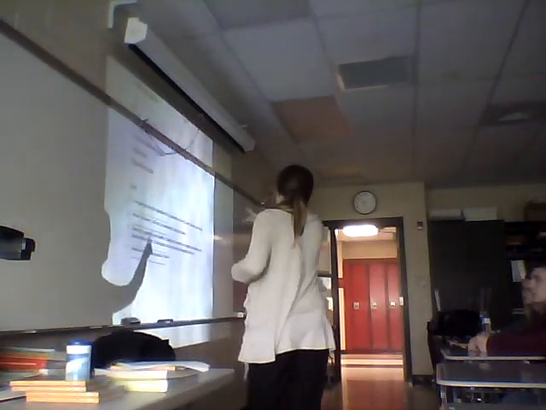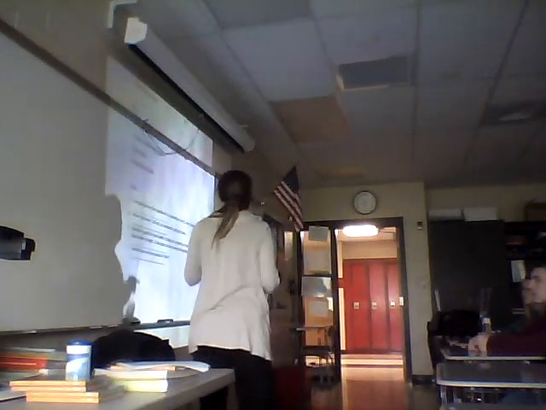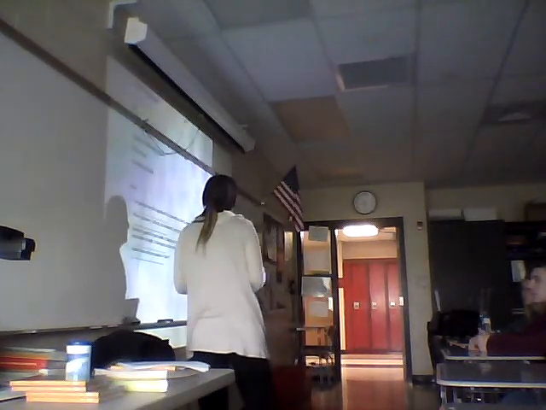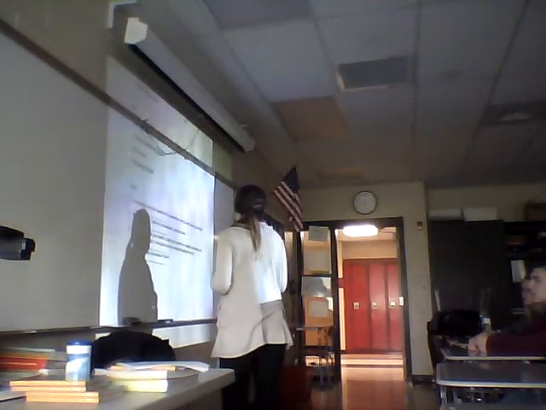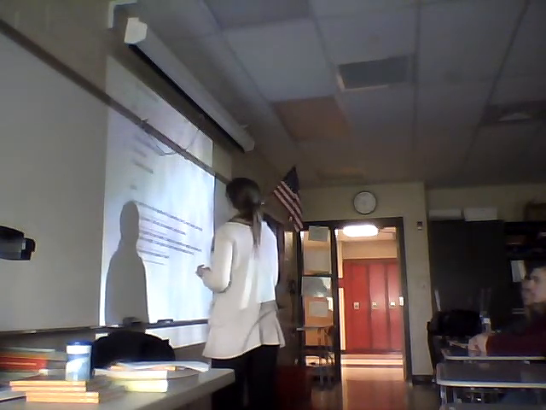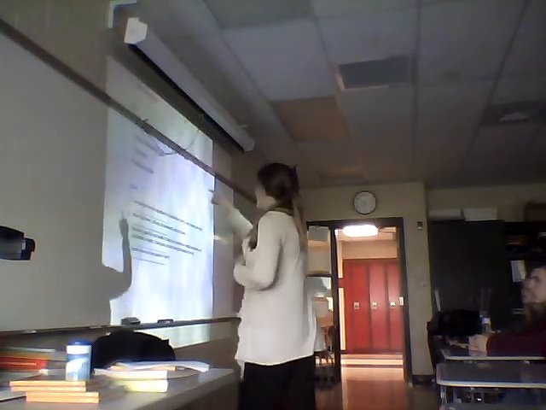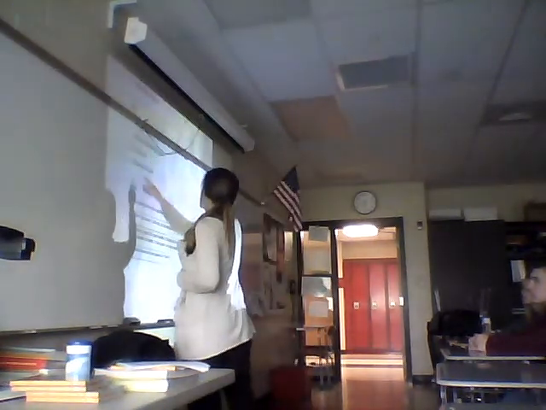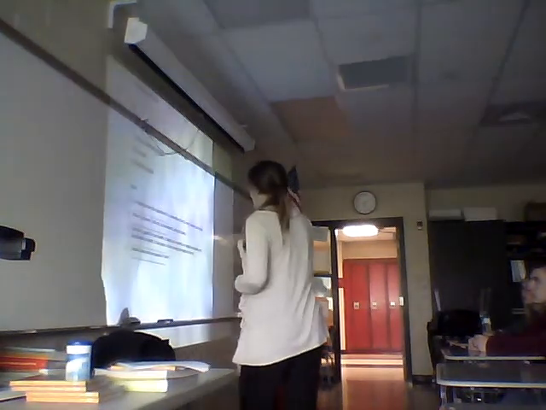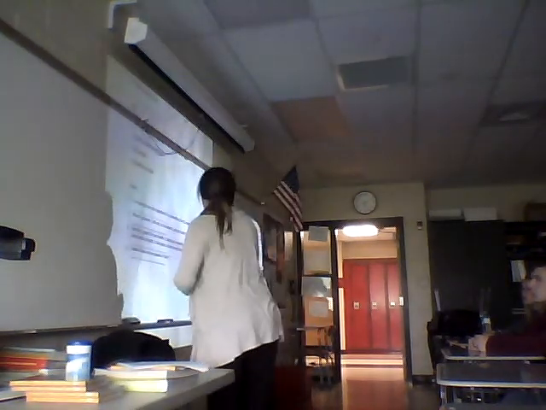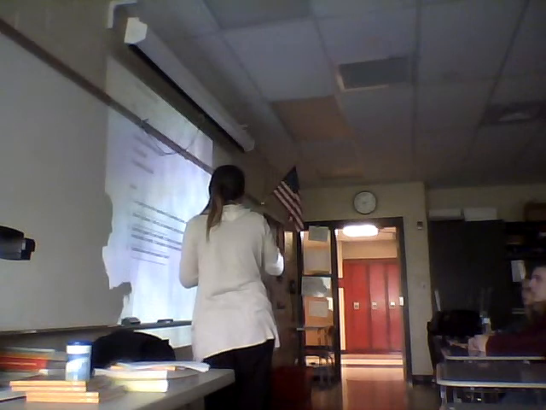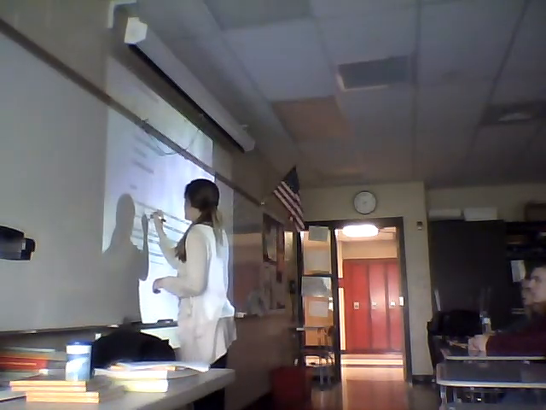Now I have to make sure that the second part has either a list of items or an expansion of an idea. The second part says bread, meat, cheese, and mayo. That's a list of items, so I know that that critical attribute applies. So if at least the first one works and one of the second two applies, then this is an example of a colon being used appropriately. So I'm going to write correct right here.